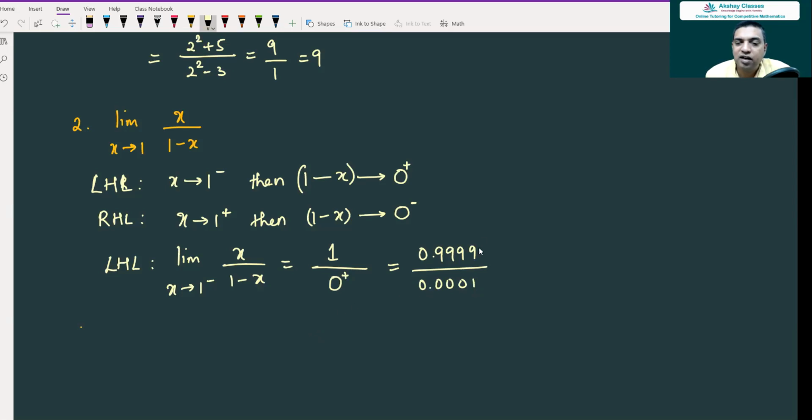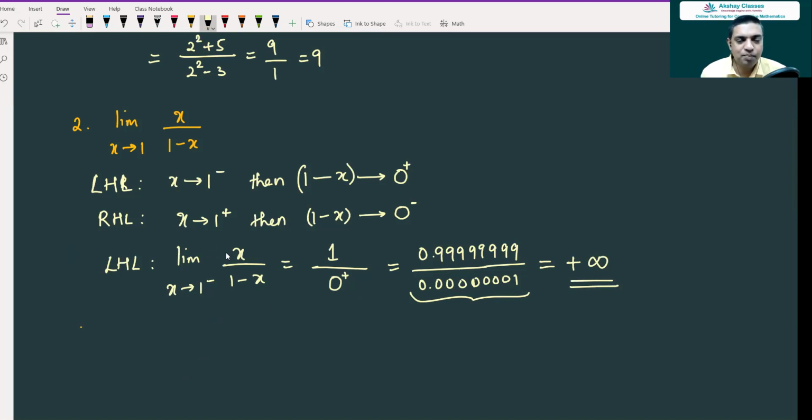All right, and now as x tends to 0, this value keeps going like this. So what happens? This value tends to infinity, plus infinity. You don't have to do this numbering system, just to give you an idea, I'm giving you. This numerator is approaching 1. Denominator is approaching 0, but it is a positive value. So the limit you will get is plus infinity.